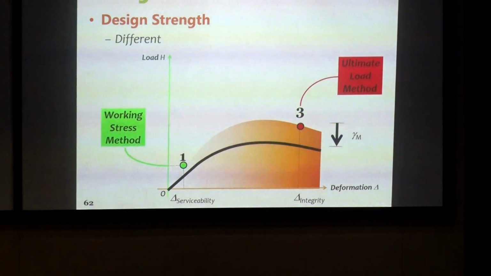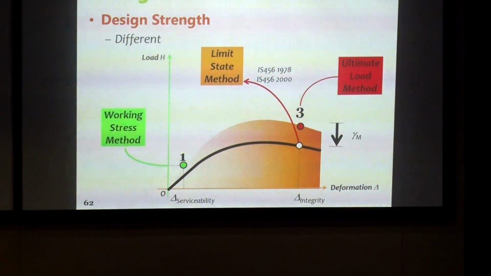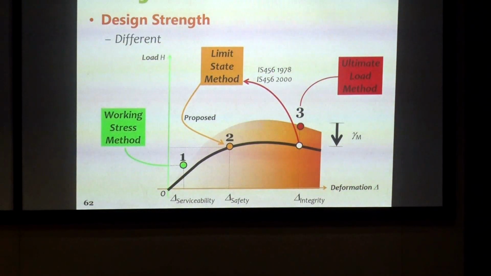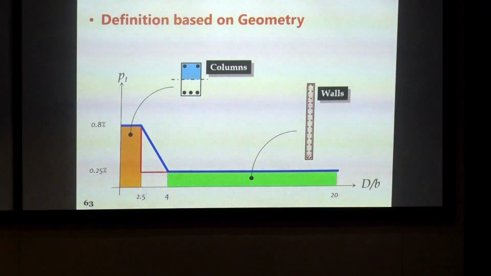But we used a partial safety factor and continued to call that ultimate strength. It was never an ultimate strength. Right now, the proposal is to use a strength which is consistent with the durability that we expect over the stated service life. And that is the change in the definition of strength that is going to happen.